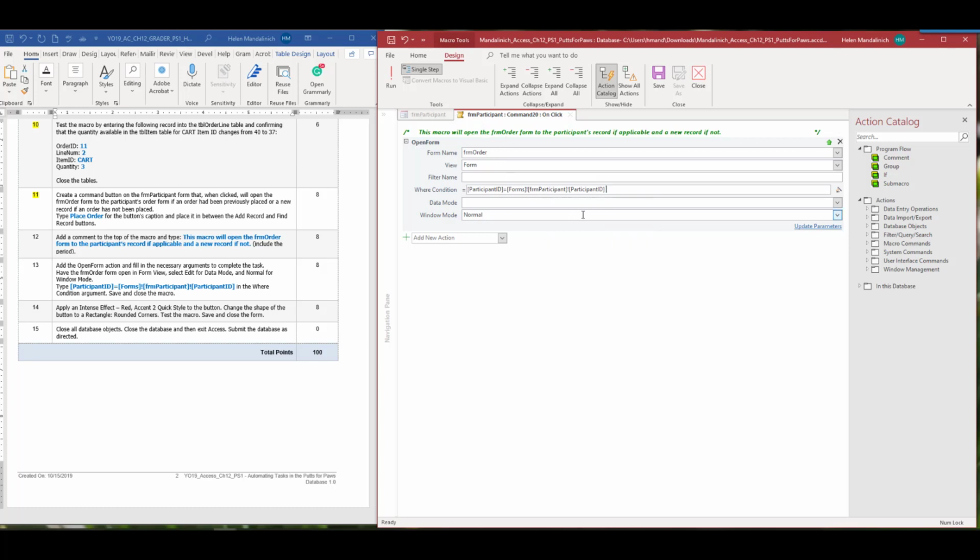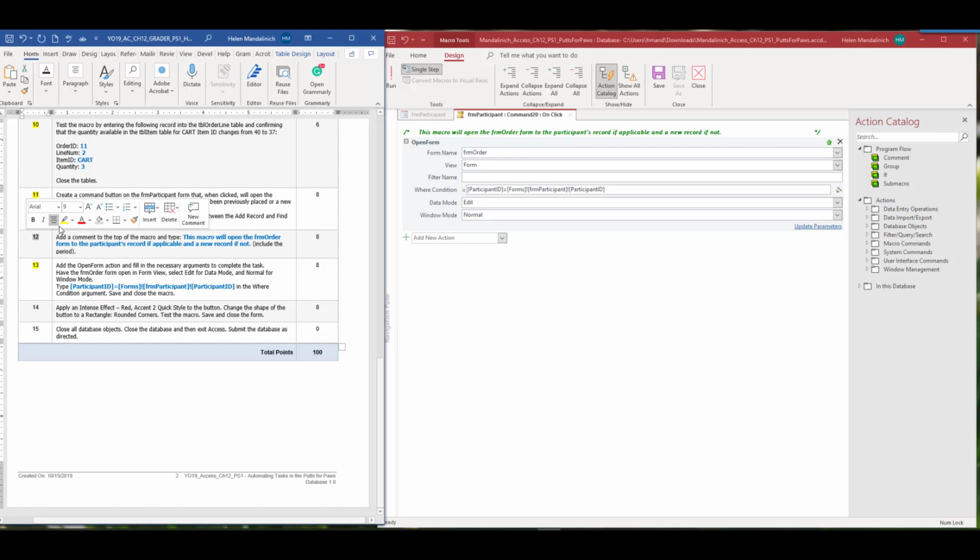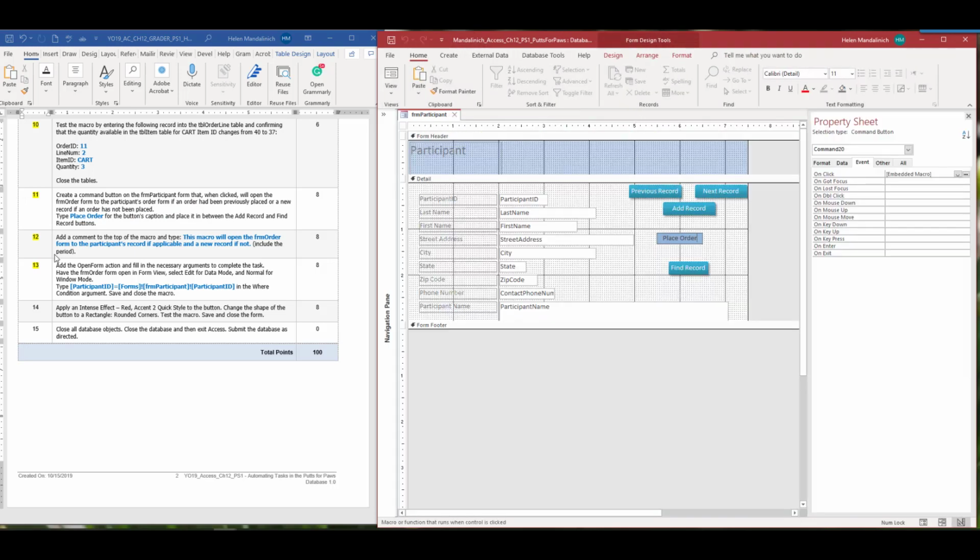Because really we're opening this where there's a match on ID. We want to do edit mode and normal window. Okay, so that's done, and I'm going to save, and I'm going to close,